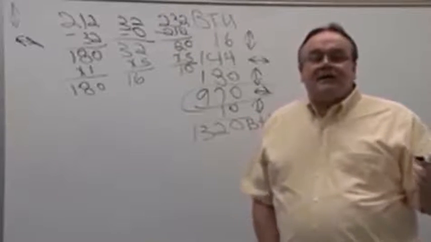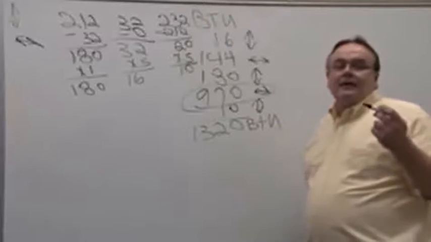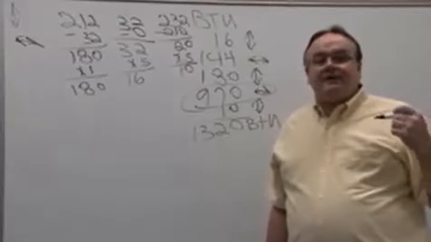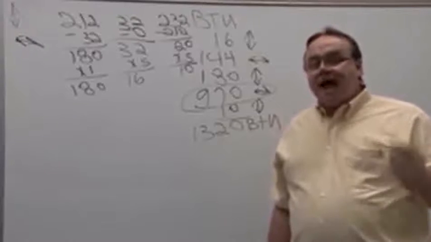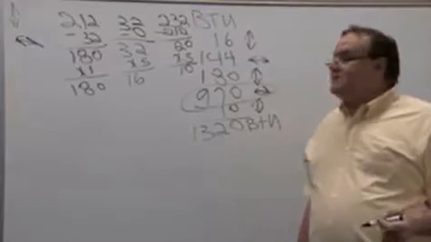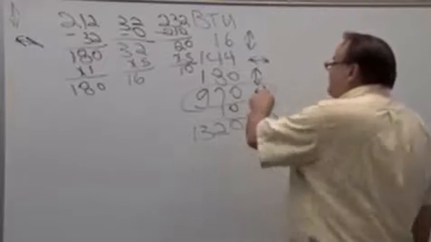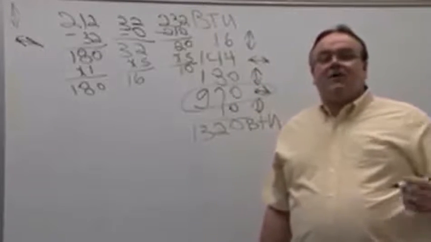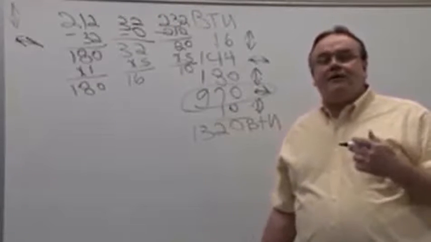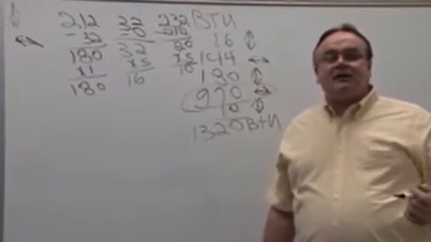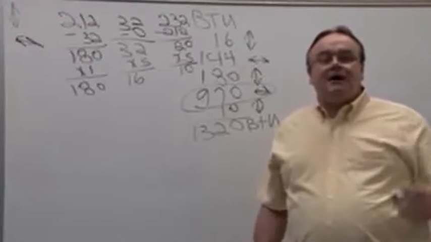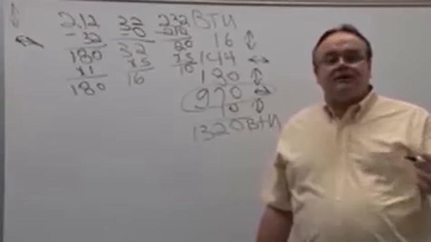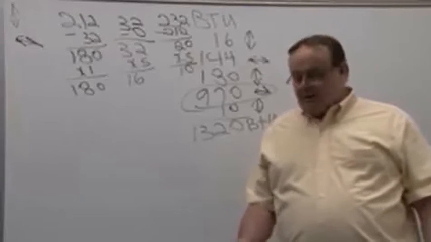So in air conditioning, for every pound of water we take out of somebody's home, it's going to take us 970 BTUs. It's going to take us relatively few BTUs to change the temperature of the air. Most of the energy is required to remove BTUs, and this is why we have to learn how to add and subtract BTUs. BTUs will be pretty much the currency that the HVAC technician uses